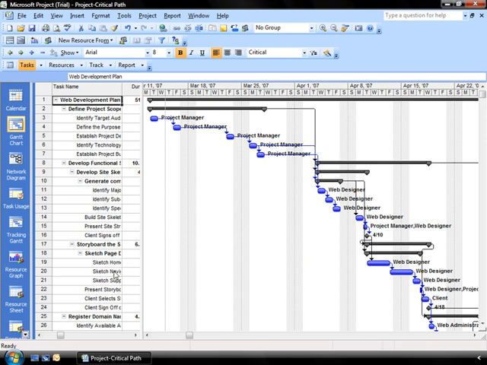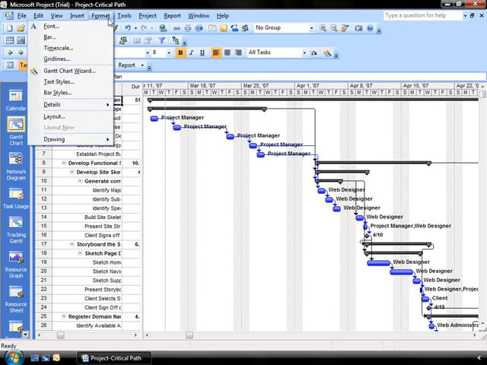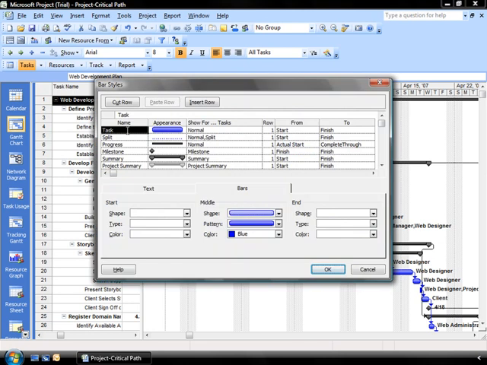For those of you that are more visual like me, another way to work with it is to identify the critical path by some formatting. So you can do that by going up to your Format options, going down to your bar styles, identifying and selecting the task out of your bar styles. And here, before we even move on, I wanted to digress for just a moment to show you how you can change the shape and appearance of your bars. So you can select the shape,